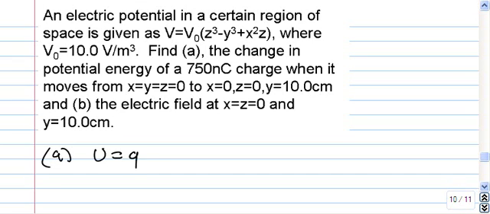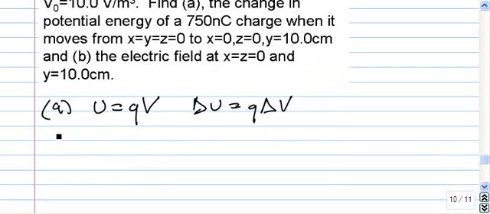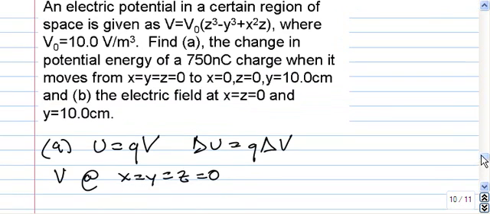There's a relationship between the potential energy of a charge and the electric potential in the space, namely U is equal to QV. So if we want the change in U, as the particle moves, we just need to calculate the change in V. All right, well, let's do that to start. Let's find the potential at the origin, x equals y equals z equals 0. If I just look at the expression for the potential up here, I can see that the voltage is going to be equal to 0 at the origin. And the reason for that is if I just plug 0 into z, y, and x in the expression,